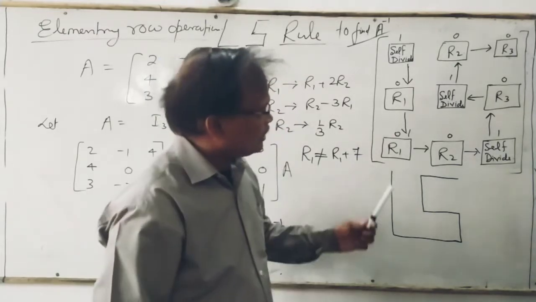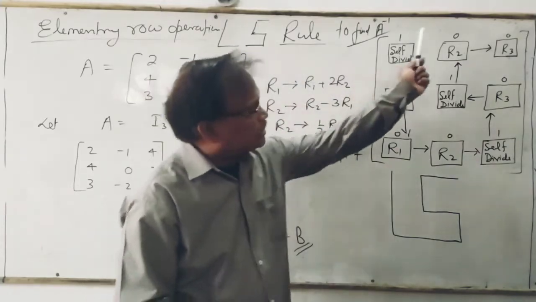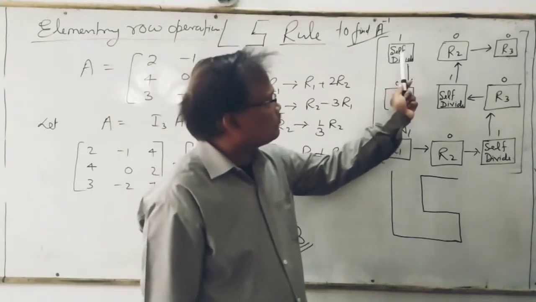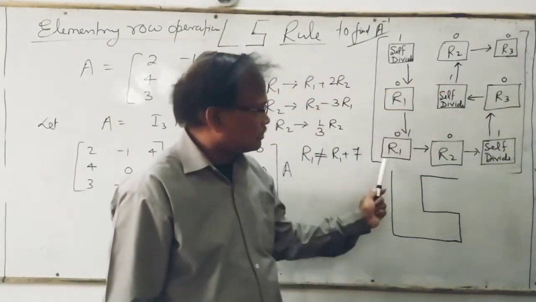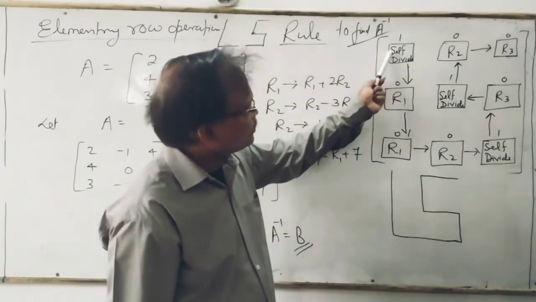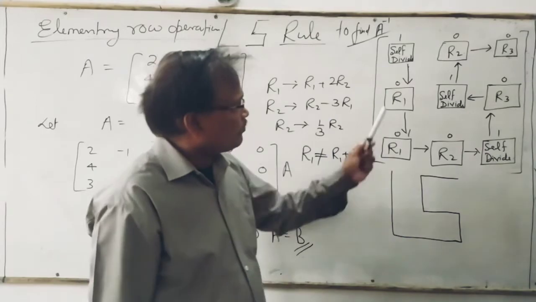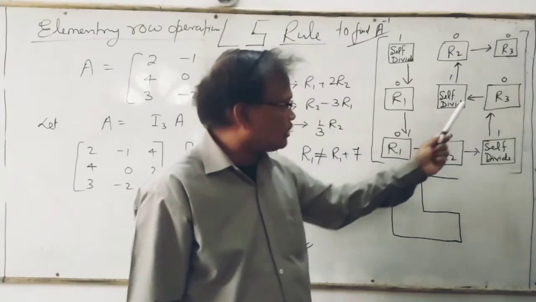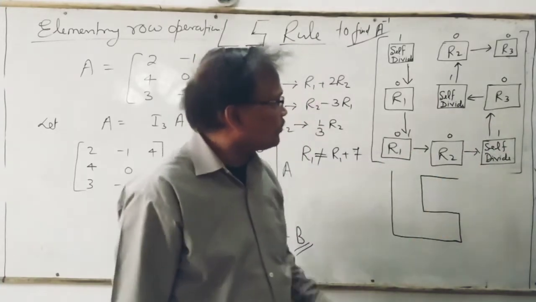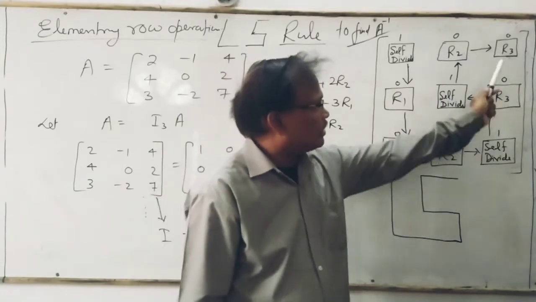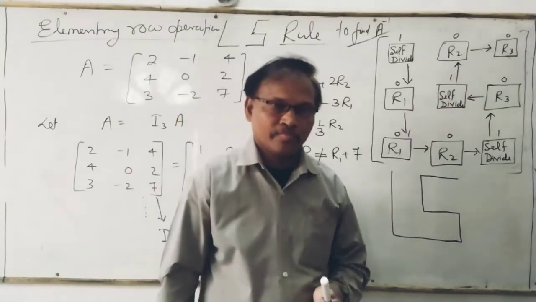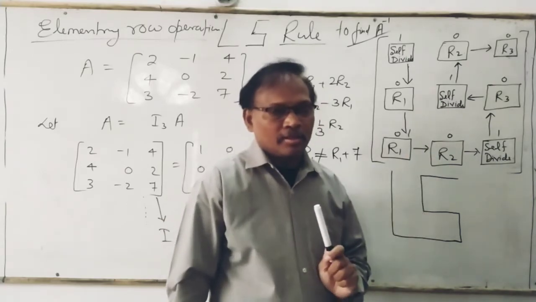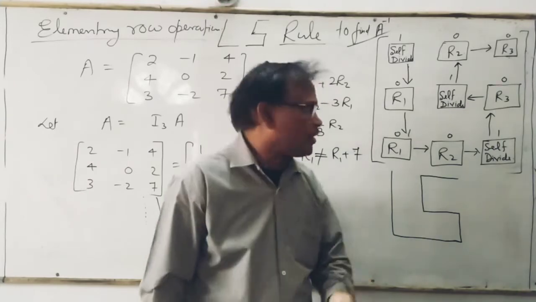First of all, I explain by using this diagram. You can see this diagram has 9 boxes, and in the first box, self divide is written. In this R2, in this R3, then R1, then self divide R3, and then R1, R2 self divide, and here some arrows are also given. What is the meaning? It means you have to apply the same way in the question. That is easy, but let me explain.